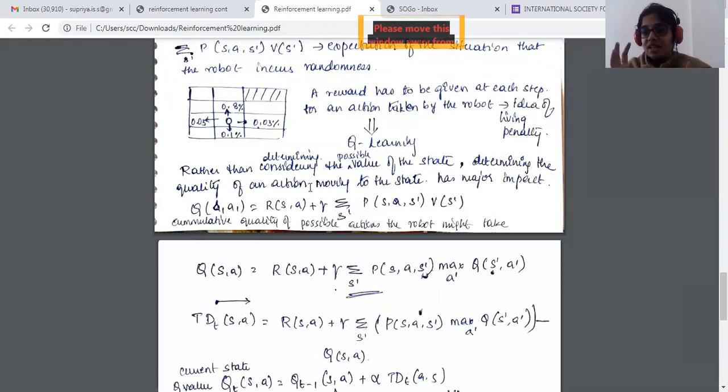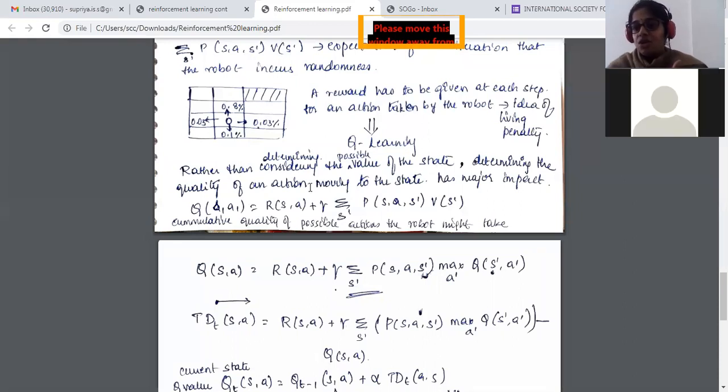Probability of it is, which means it has a higher priority, which means this is the action that you're going to perform to reach the other state and your destination that we were trying to quantify so much. Now quantify the action itself, rather than going ahead with the states and breaking your head over which state I have to move to, how do I get the state values, from which state to which state I have to move. Rather than doing all of these things, you directly quantify the action. Based on the actions, the robot will take its decision. So rather than determining the possible values of the state, determine the quality of the action. Moving to the state has a very major impact.